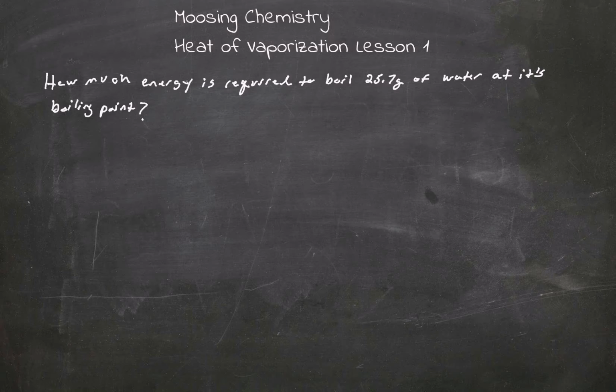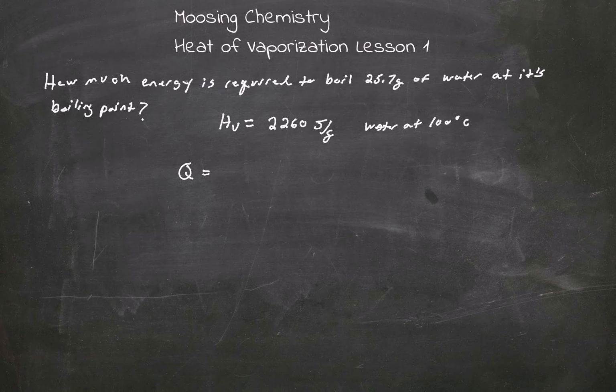Well, we need to know a couple things. What is the heat of vaporization value for water at 100 degrees centigrade? So it's going to take approximately 2,260 joules of energy per gram for water at 100 degrees C. So knowing that, we're going to use the formula